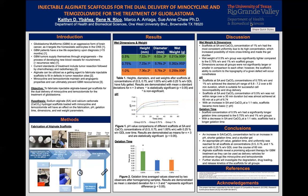The averages and standard deviations were calculated for each group at n=3, or triplicates per group. As you can see, the heights and diameters of the scaffolds for groups 0.5%, 0.75%, and 1% were found to be non-significant after conducting a 2-piece test. As for the wet weight, there was a statistically significant difference between scaffold concentration of 0.5% compared to the other